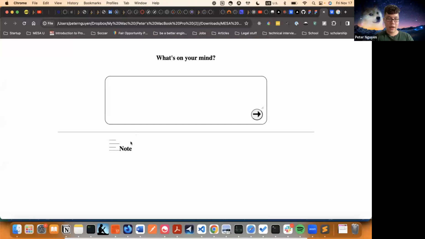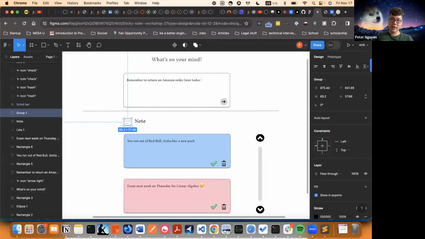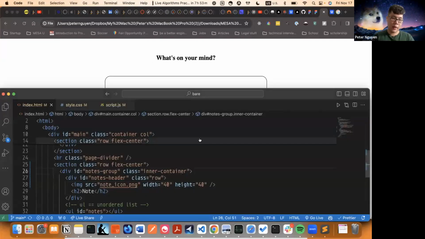All right, so now the icon exists right here, but they stay close to each other. We want some gap. This is too narrow. We want some nice gap in between. How do we do that? We can go back to our